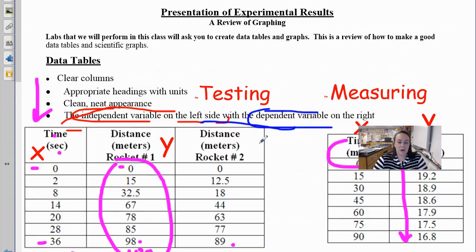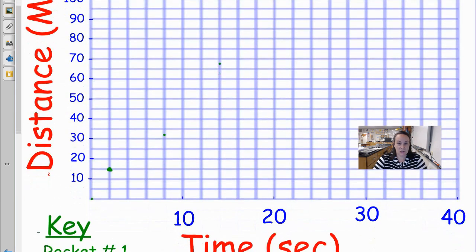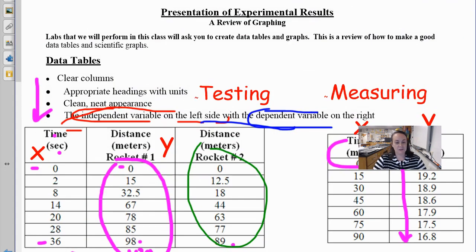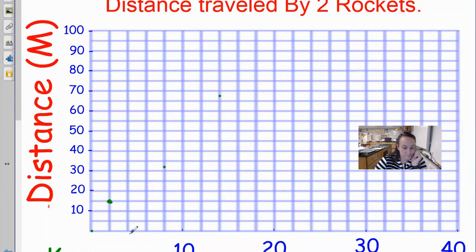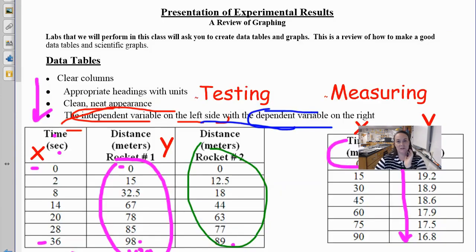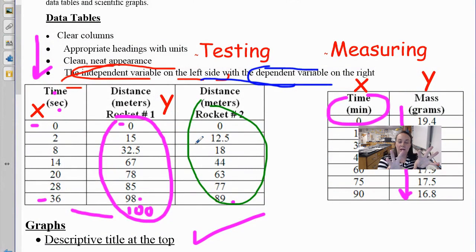So what you want to do is go back with a second color and do rocket number 2. Once you finish rocket number 1, at, I'm sorry, what? I can't flip back and forth. At 2 seconds, rocket number 2 was at 12.5. Beautiful. So what I suggest is that you pause with this bad boy right here